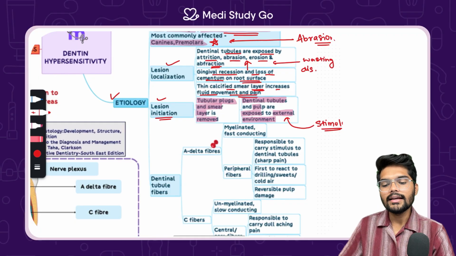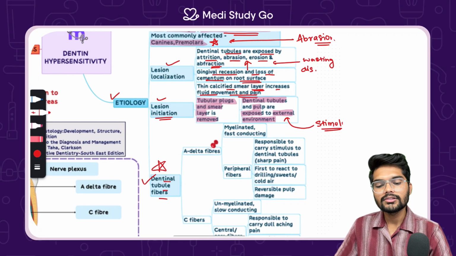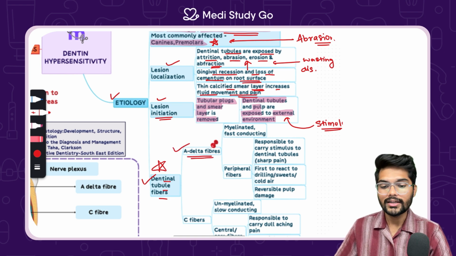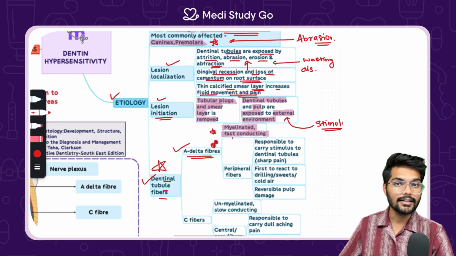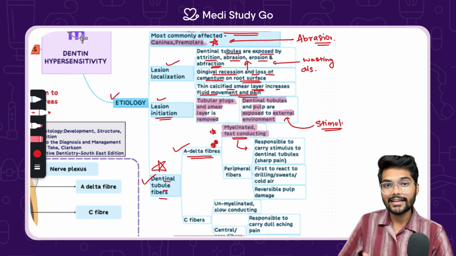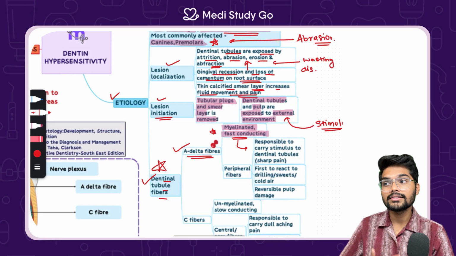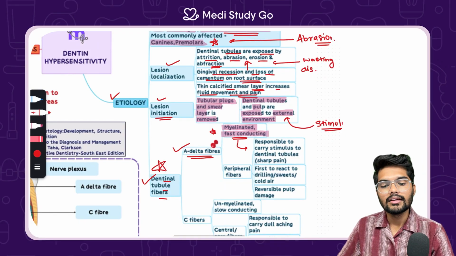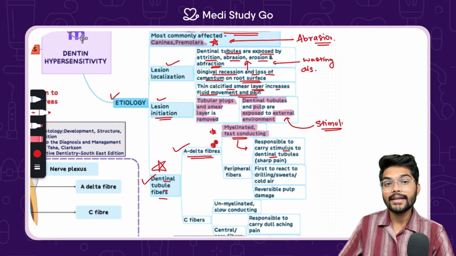Now, moving on ahead, let us talk about the dentinal tubule fibers. The first one we have is A delta fibers, which is very important for you to understand. The most important thing which you need to remember is it is myelinated and fast conducting. Obviously, like we studied in our 8th standard biology, because it's myelinated, it is going to carry the stimulus much faster, right? So this is going to be responsible to carry stimulus to dentinal tubules, the kind of pain which